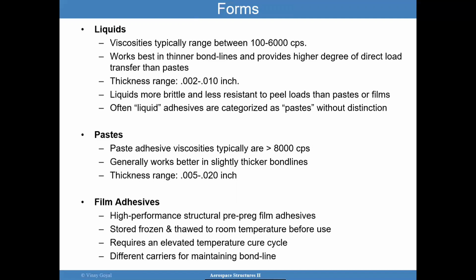Film adhesives are tremendously used and they work well, but they need to be stored frozen. There's an out time associated with them. You have to thaw them to room temperature before use, and they require an elevated temperature cure cycle. And it is important to understand that